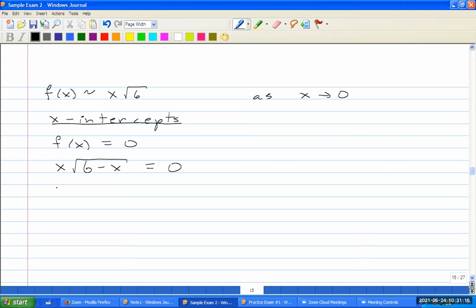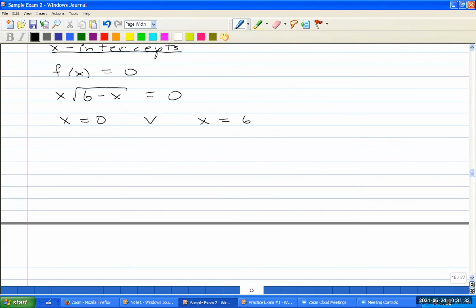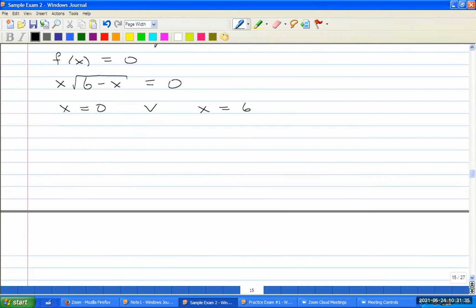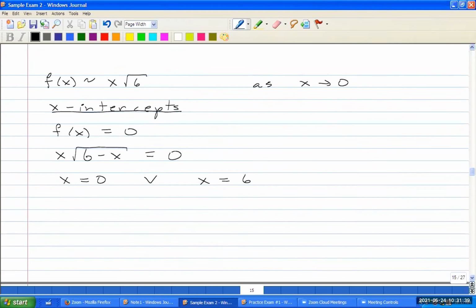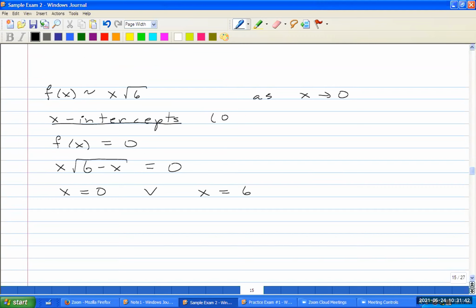Well, this is 0 when x is 0, or when 6 minus x is 0, so when x is 6. Okay, so I have x-intercepts at the origin